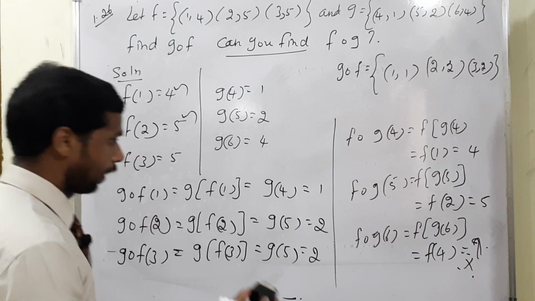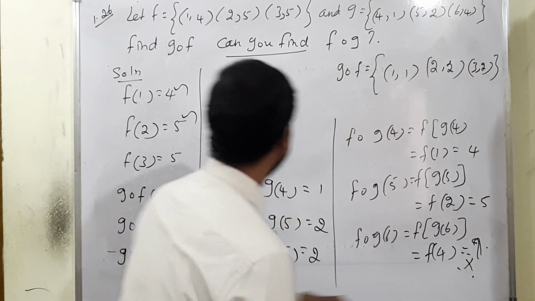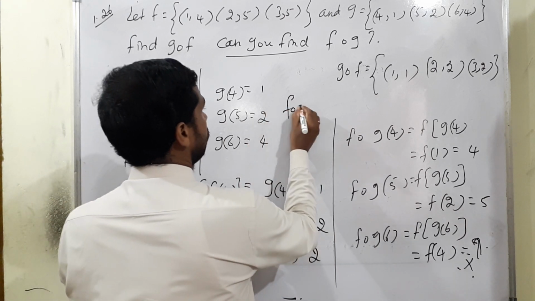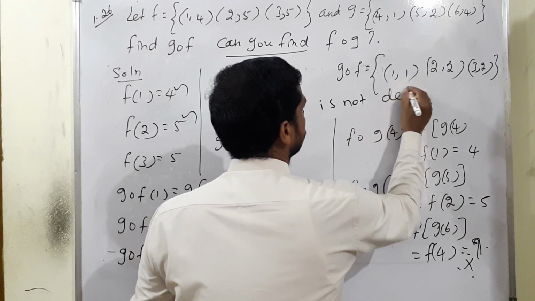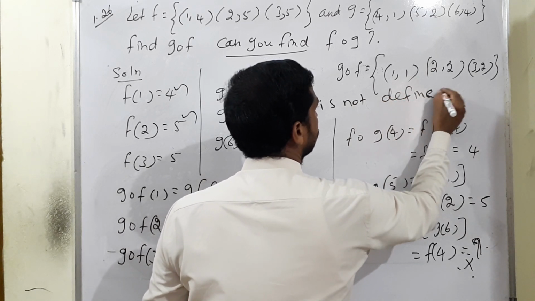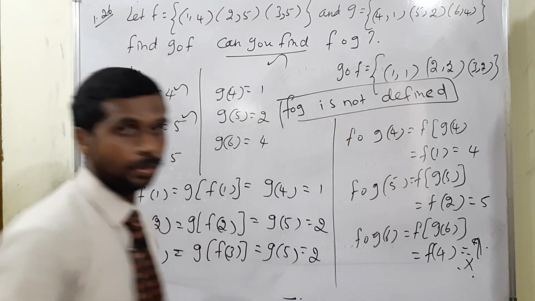Okay, how to finish a line? So, I will write it here. After finishing, you can write it here. Okay, the last line: f dot g is not defined. This is the final line. Okay, the second part. I will continue the next question.